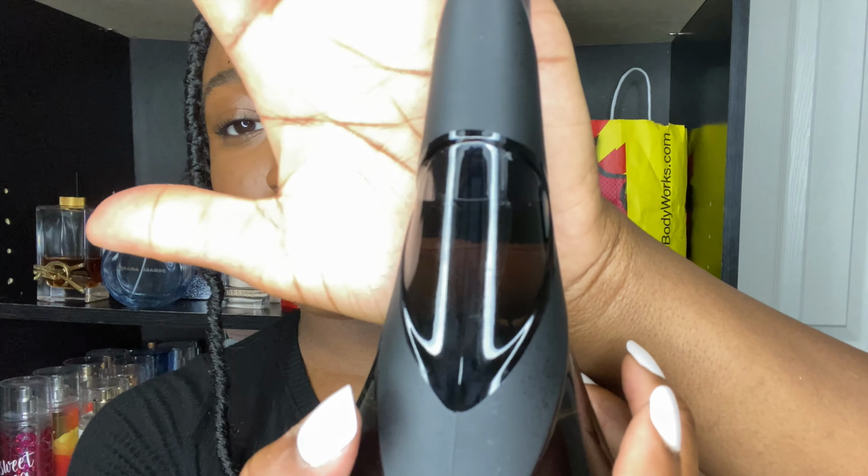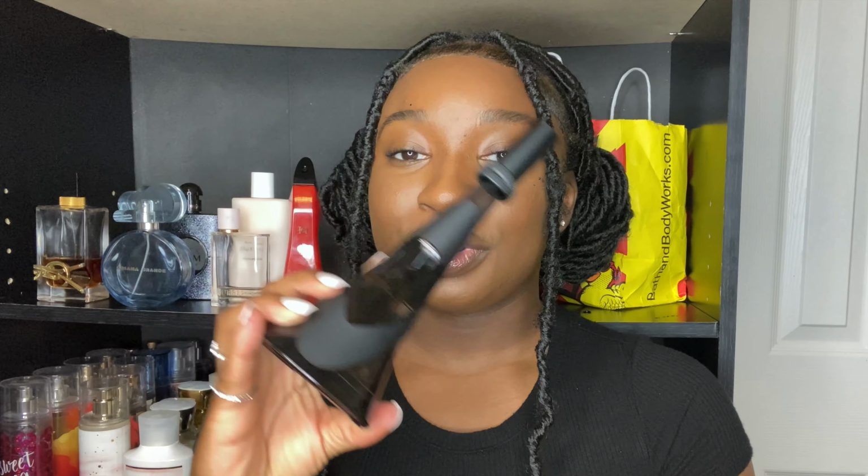As you can see, I put a little bit of a dent in this perfume already. I feel like the dent on this one is misleading because the bottle has this very narrow top and then it gets wider at the bottom, so it can look like you have less in here than you actually do. But I've made a pretty big dent in it already. This is the 3.4 ounce bottle, and I got this one off Fragrance Net. I actually haven't seen it in stores anywhere else, so I don't really know where else it will be available. If you guys know any information on that, let me know, because if I can buy it for the same price in store, I would prefer to do that,